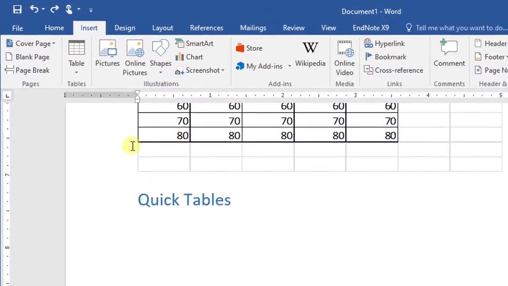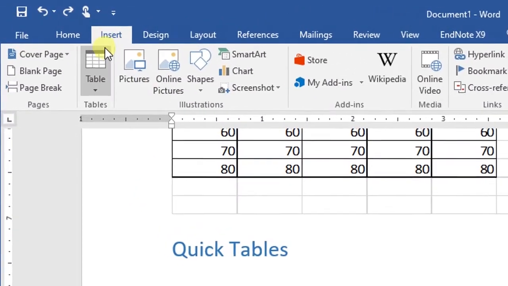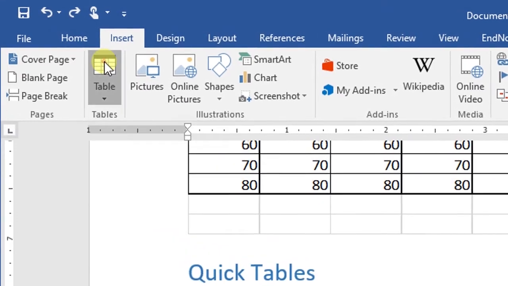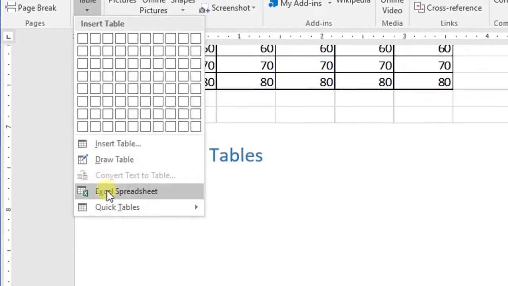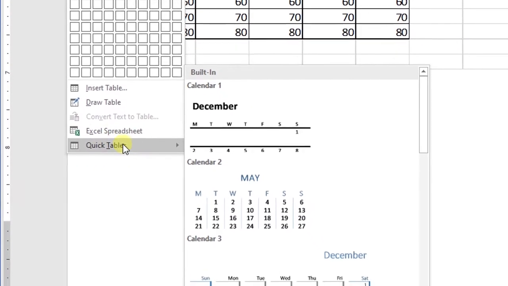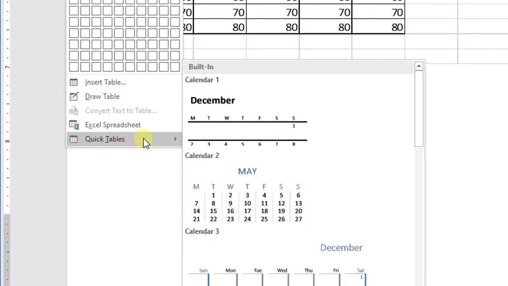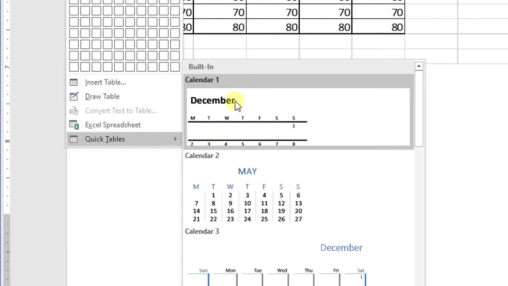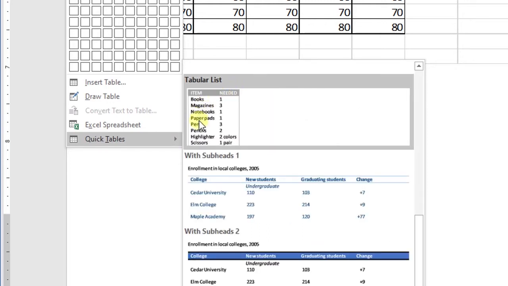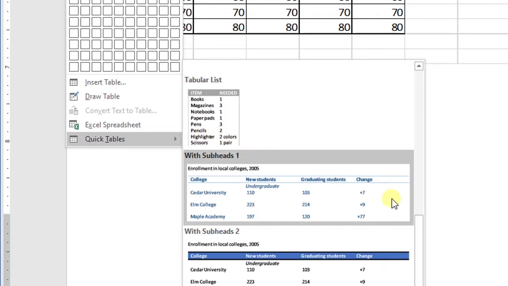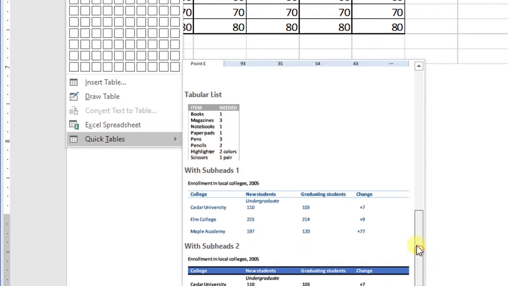For creating a Quick Table, on the Insert tab, click the Table command. A drop-down menu will appear. Then select the Quick Tables option. Another menu will appear to display the different templates. Select the template you want to use.